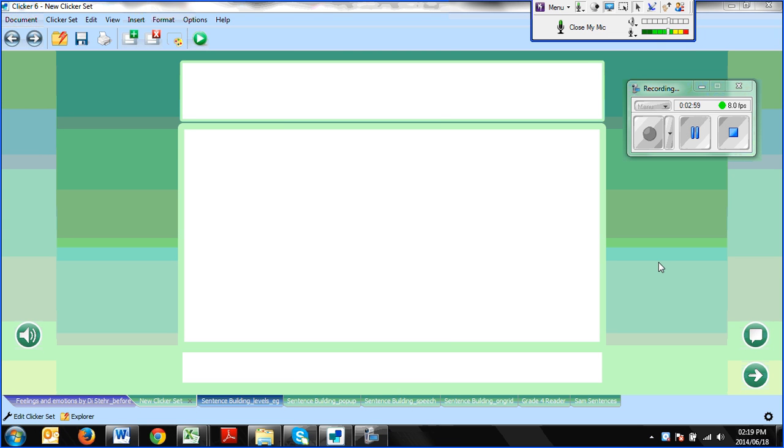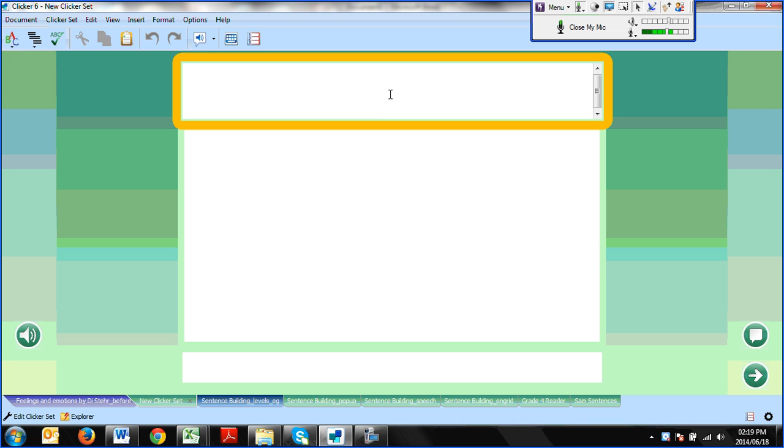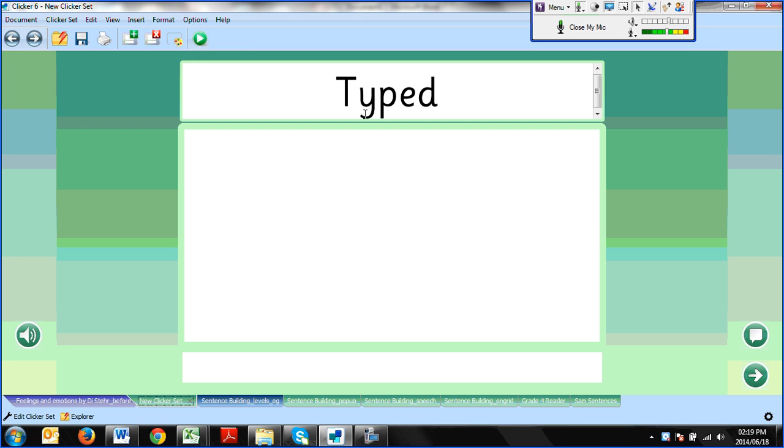Alright, now this page should be familiar to most of you. This is the Make a Clicker Book page. In one of our training sessions where we covered how to make a clicker book, you used this click and edit wizard to make your book. Now this is the most basic way to make any changes to a clicker set. You clicked on any of the text boxes, typed in your text, and then there it was in the clicker set. And when you were happy with all your changes, you clicked on play,